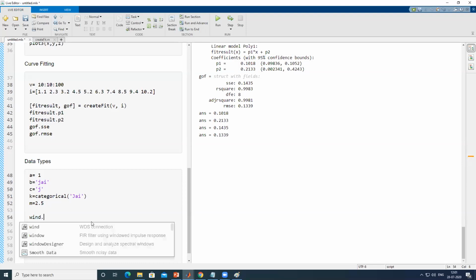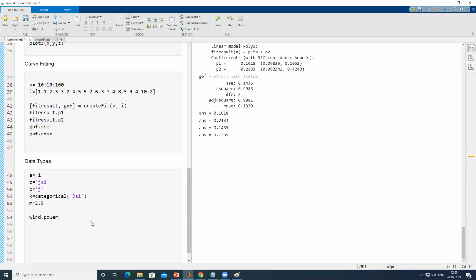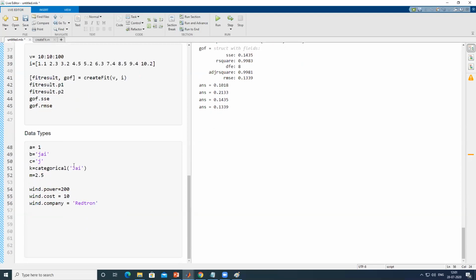Wind.power is equal to 200. Wind.cost is equal to 10. Wind.company is equal to 'Retron'. Now I'll run this code and then explain the data types which are generally used in MATLAB.